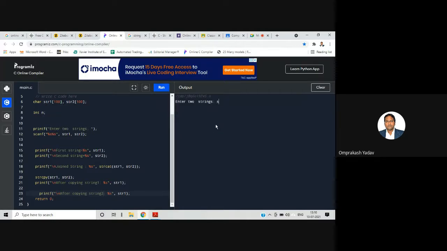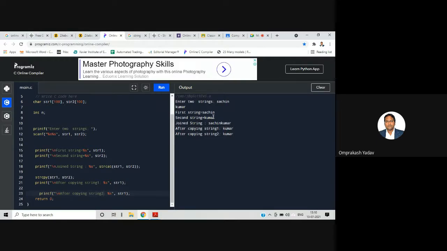String 1 Sachin, string 2 Kumar, right? The joined string is Sachin Kumar, and after copying, string 1 is Kumar. In fact, string 1 was Sachin, and after copying, string 2 remains the same. It will not be affected, but the destination will change. The source will not change, where we are copying to will change.